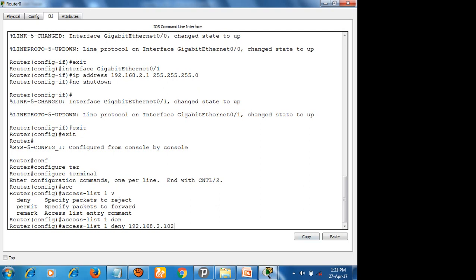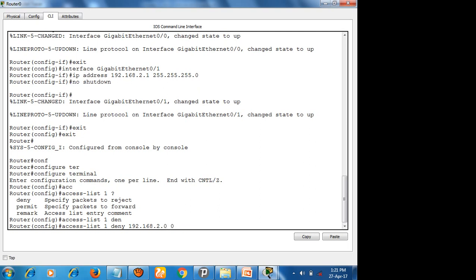And you need to specify the wildcard mask, which is the inverse of the subnet mask. If you want to restrict only a particular host, meaning an individual machine, then you have to give all 0s. And if you want to restrict the entire network,